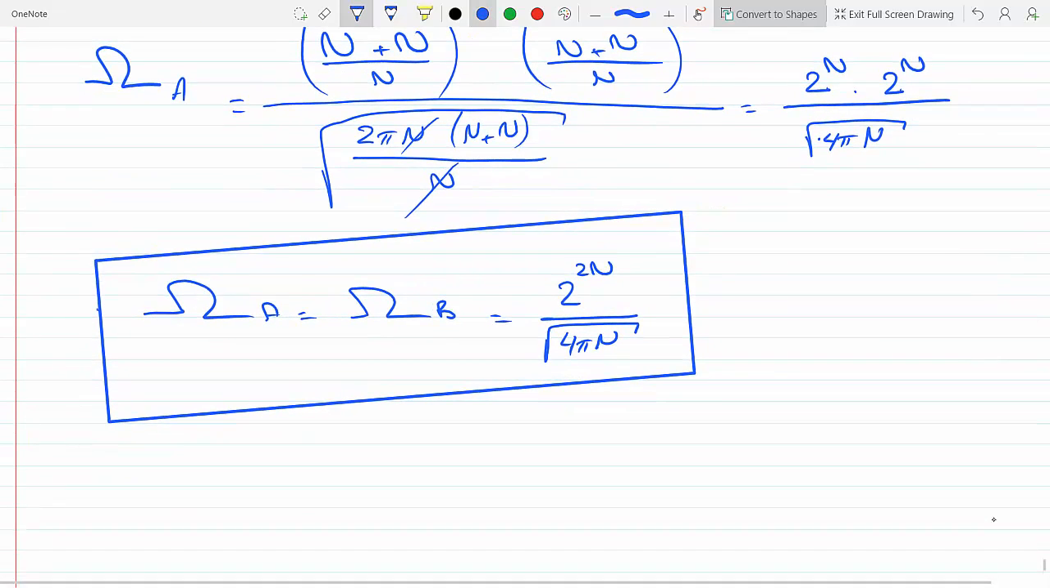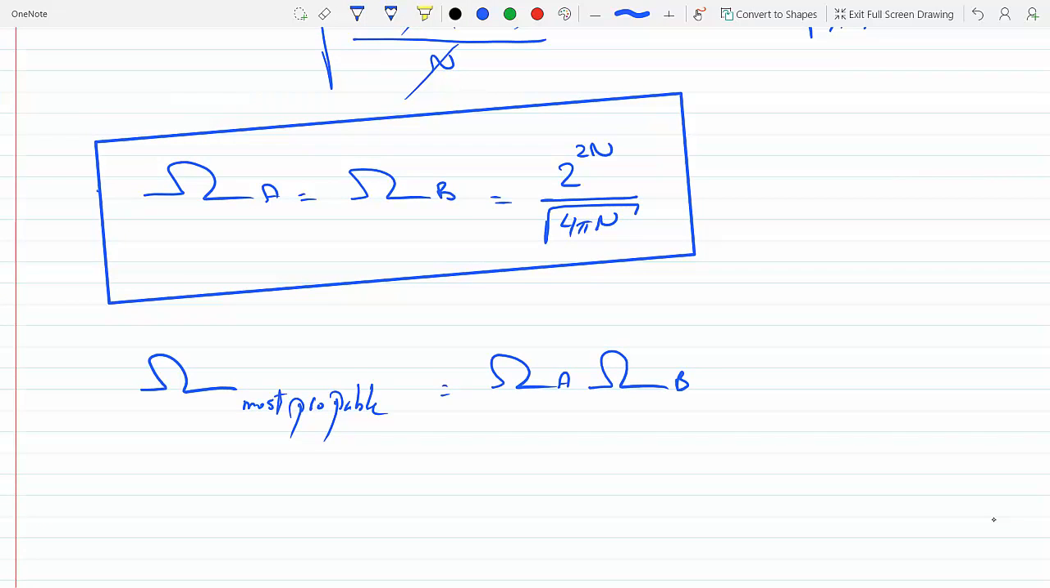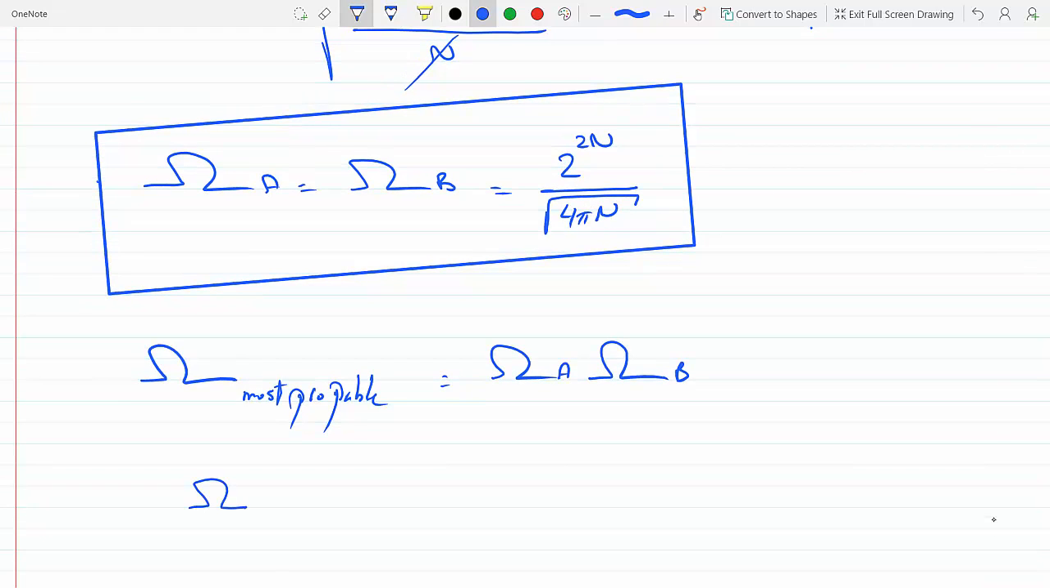Now if we want the total, we would multiply these multiplicities because they're independent. So the most probable macrostate, or the total multiplicity of the entire system made up of solid A and solid B, let's call it the most probable, would be the multiplicity of A times the multiplicity of B, as clearly illustrated by the tables in your book when he does those examples, and it will be